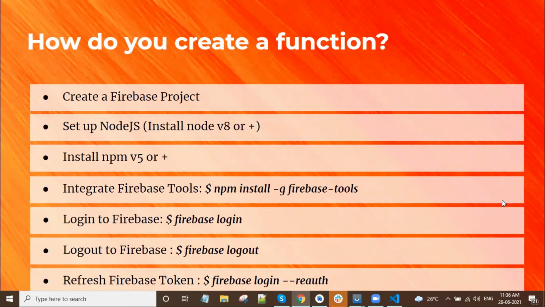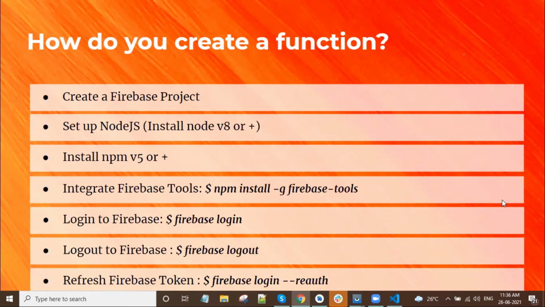When we have done with it, you need to install the Firebase tools, and the command is what we are showing on the screen. The command is npm install -g firebase-tools. -g is used for global installation, so that will help us install the Firebase tools on our system.